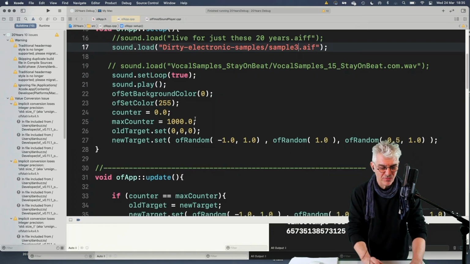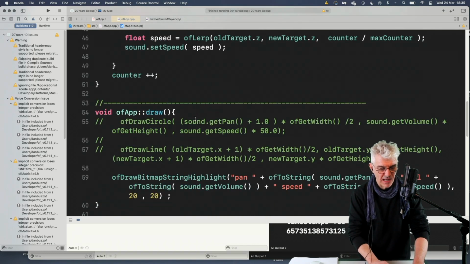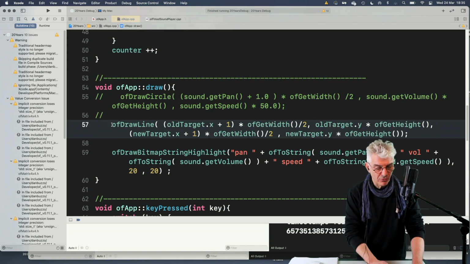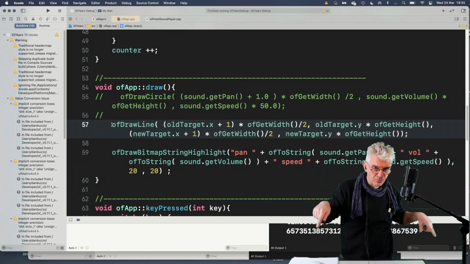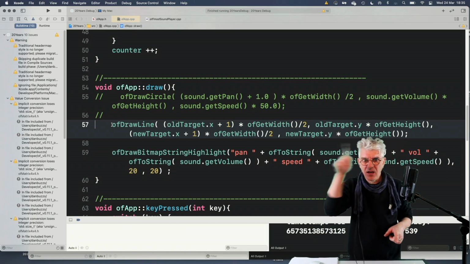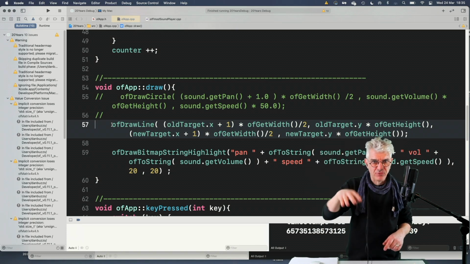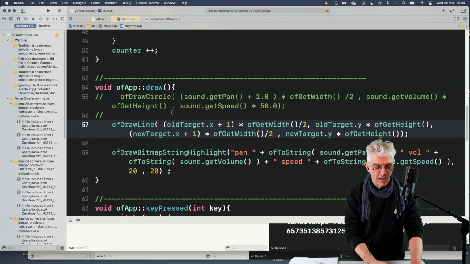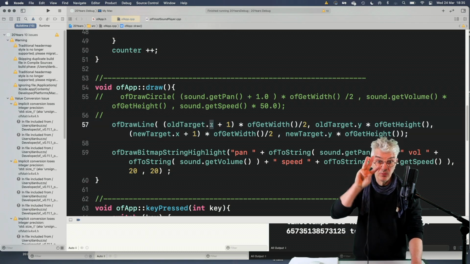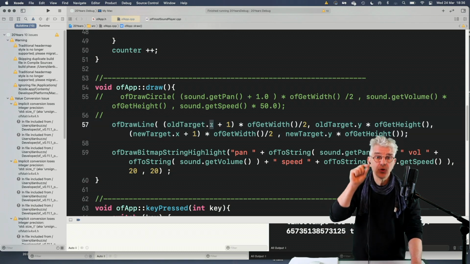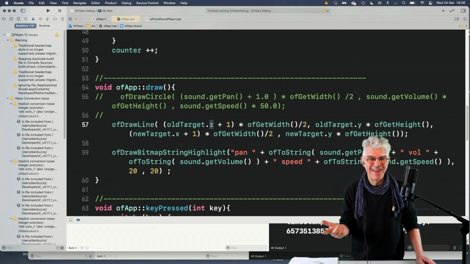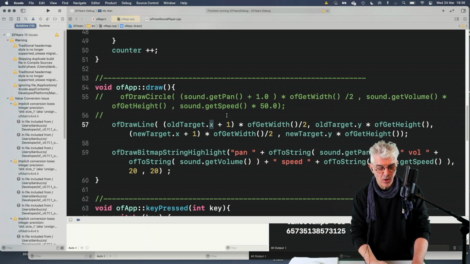So we can get all this information. And the first thing that I'd like to do is just say, let's use OF drawline, which we've seen before, and show on this square 2D plane, X and Y, which is going to represent our pan left and right and our volume up and down, let's show where we're going. So we can get the old target and we get the first value from it by saying old target. This is the object with 3 numbers in. Old target.x will give us our first number, old target.y will give us our second number, old target.z gives us our third number. So we can get the old target,